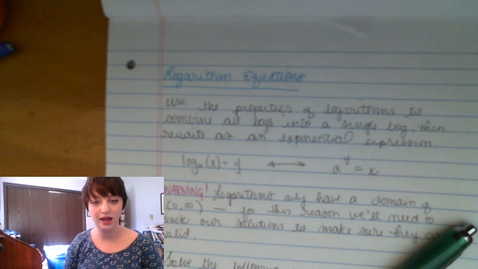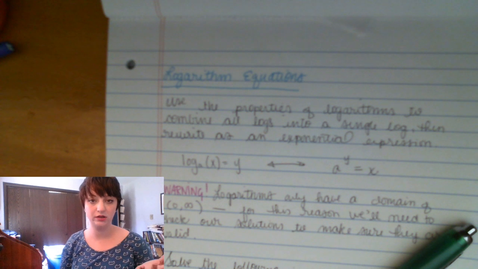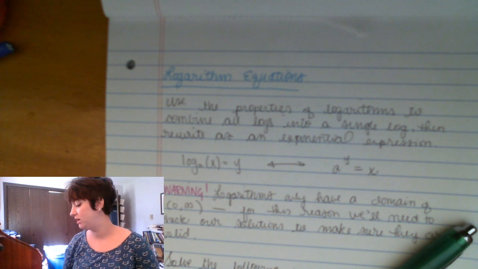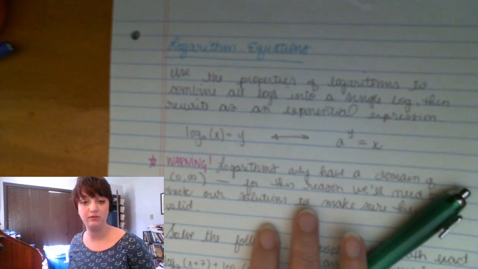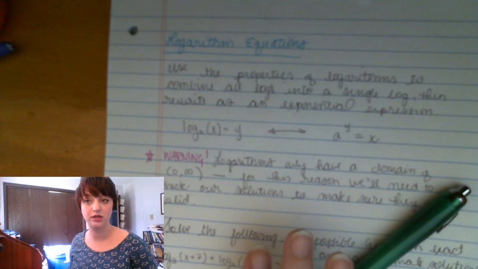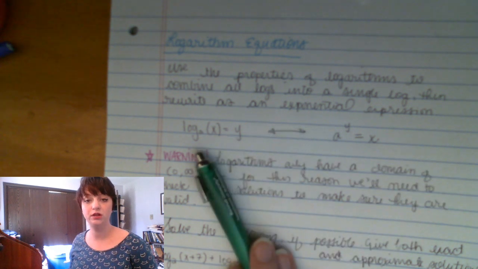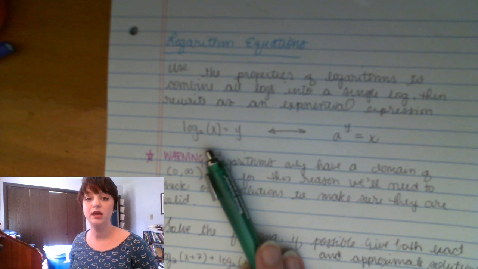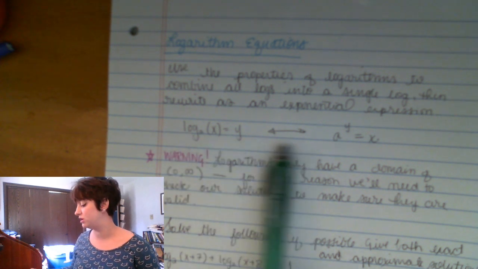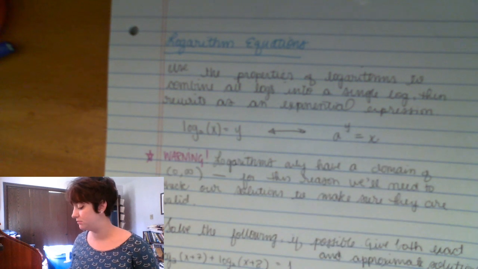The second half of 7.5 is about solving the log equations. Now we've really done these already, right, in 7.3. The only thing we're going to change is maybe we have to use the log properties in order to simplify. So use the log properties of logarithms to combine all logs into a single log, and then rewrite as an exponential expression. And I went ahead and wrote our rule for rewriting here, because that's what we're going